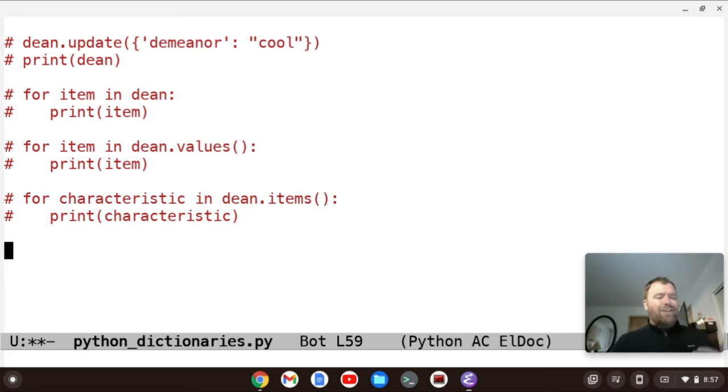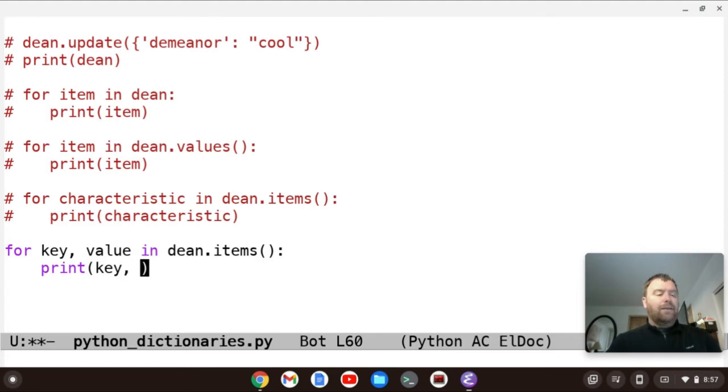We can also change this when we print out the key value pairs to show it a little bit better formatted. So I could say something like for key, value in dean.items, we would print the key, a comma, equals, comma, value.